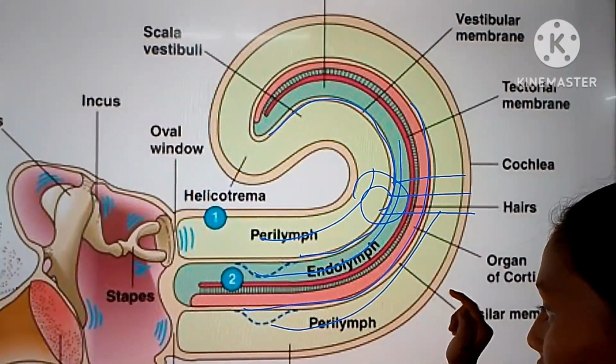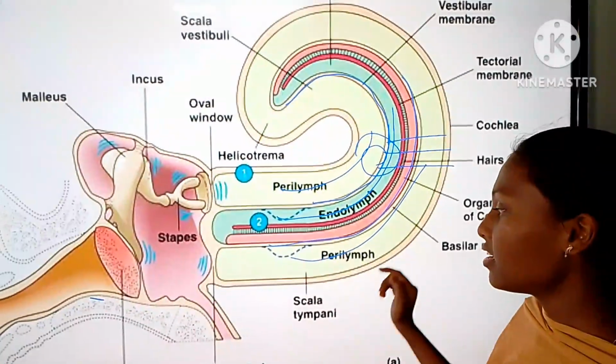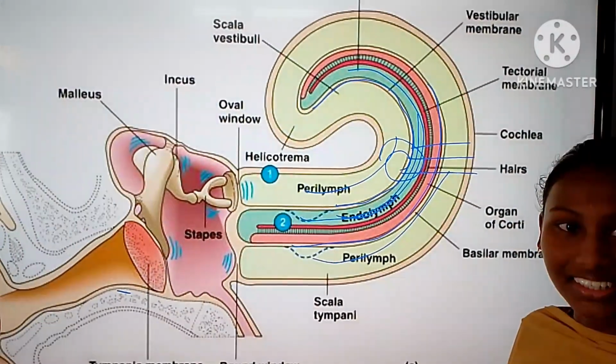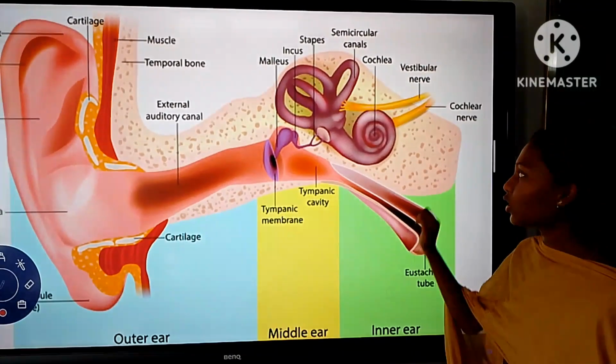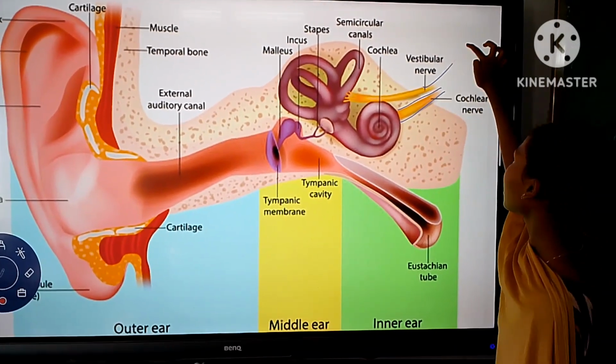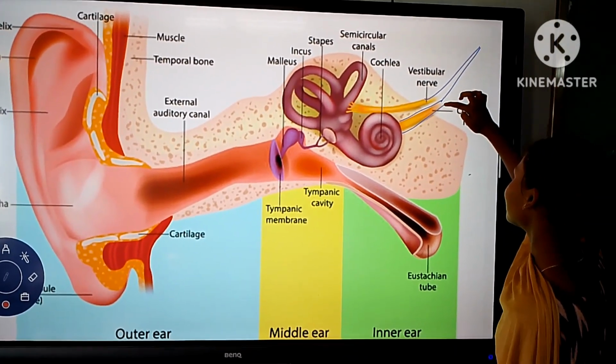Scala vestibuli and scala tympani are filled with perilymph. Scala media is filled with endolymph. Cochlear nerve fibers form the cochlear nerve. The vestibular nerve and cochlear nerve join together and